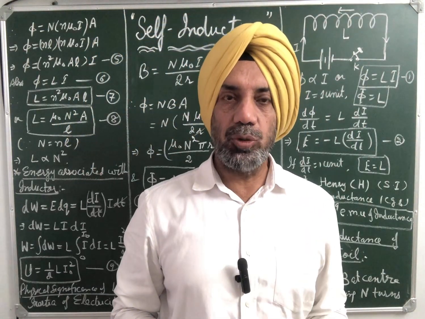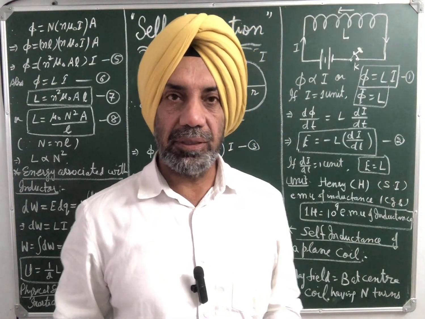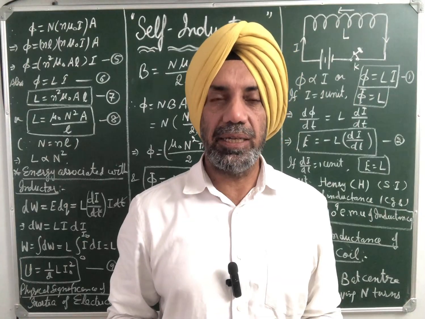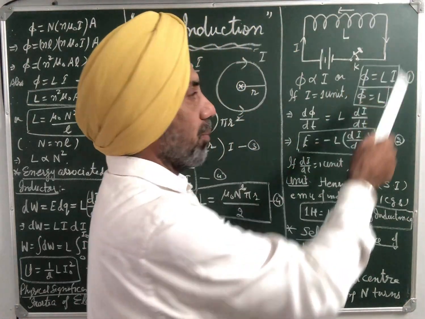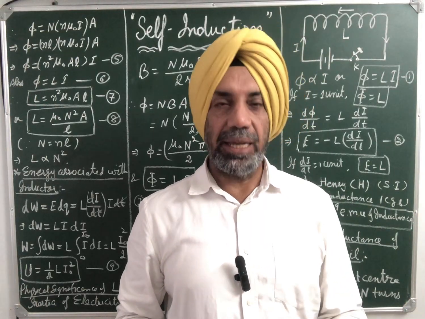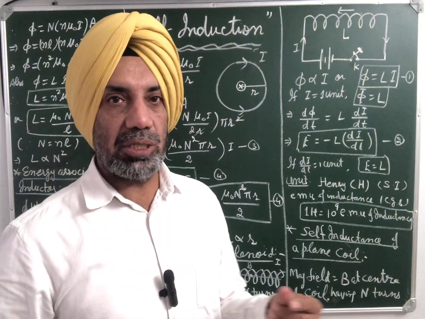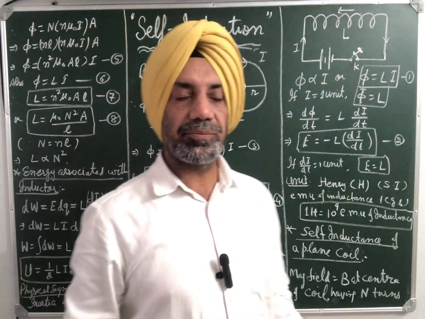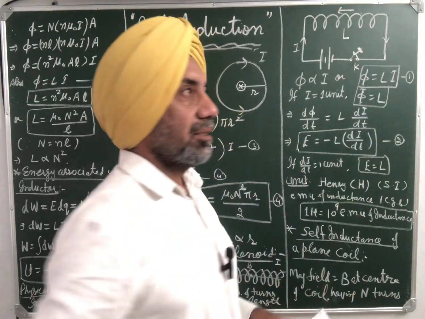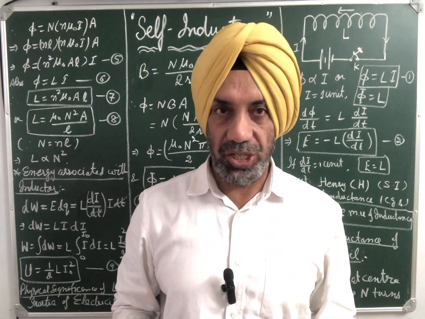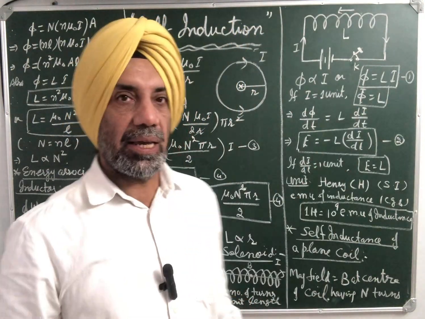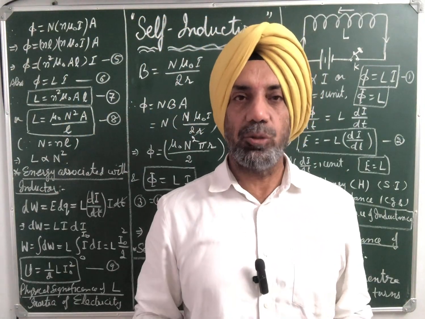Current takes some time to grow to its maximum value at make when we close the key, and at break when we open the key, it takes some time to decay to zero value. This delay to attain maximum value or zero value at make and break is due to self-induction, because at make and break, when current grows or decays in the circuit through the coil,